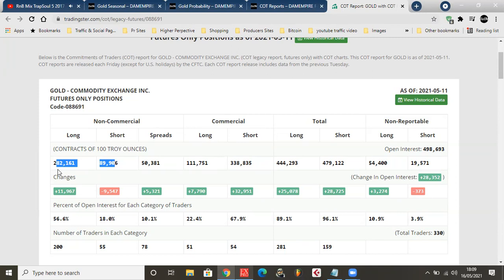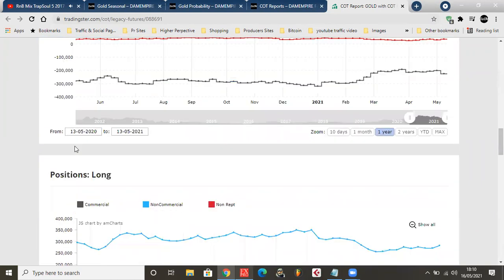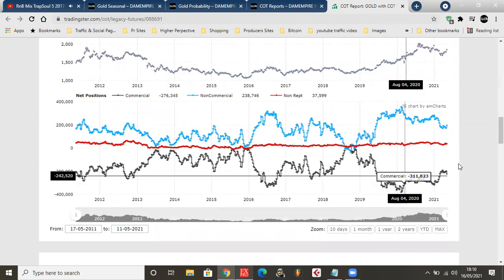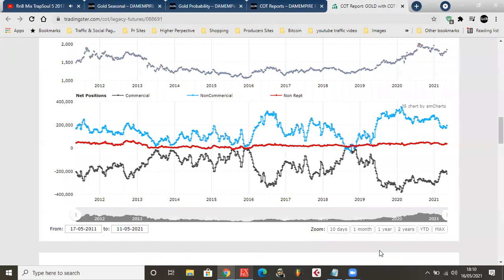338,000 compared to this. Now, keep in mind, sometimes it's not exactly the same. Some of them, the volume of the position might be much heavier than this, but with a small number of trades in the market. So in that regard, I mainly focus on the commercial more than the non-commercial guys because this group seems to be a lot more accurate than these guys are in the market. That's why I choose those guys most of the time.